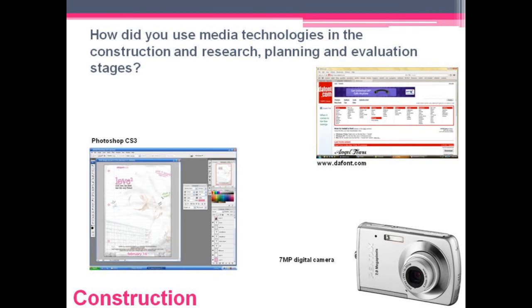Images were taken using a 7 megapixel digital camera, which allowed me to create photos of a sufficient quality. For some of the practice photos beforehand, I also used my phone camera, which had a lower resolution, yet allowed me to prepare for the main task by getting a feel for angles and composition.